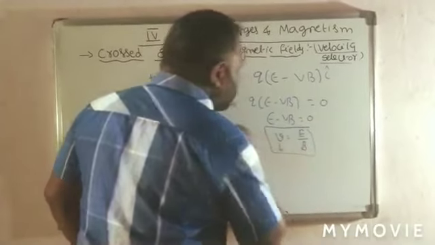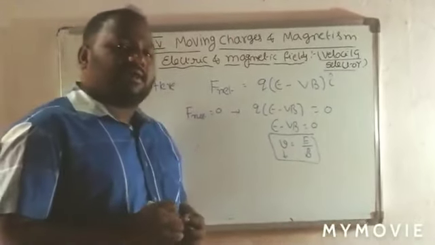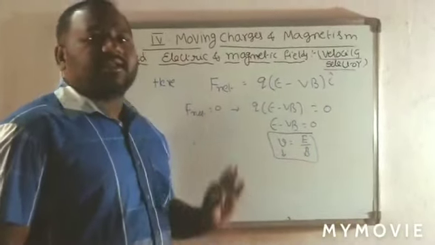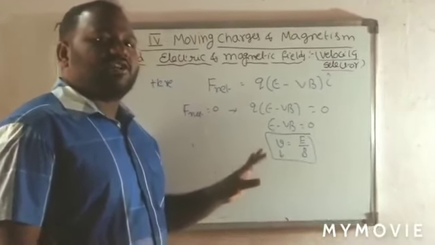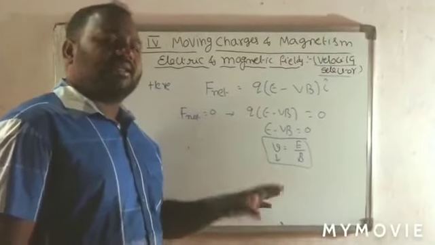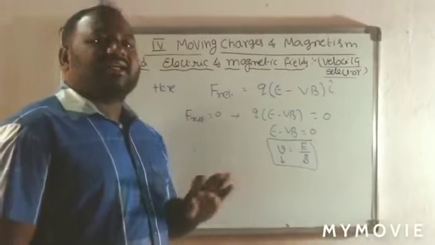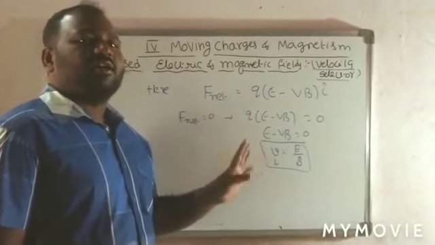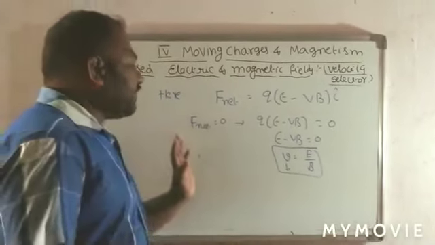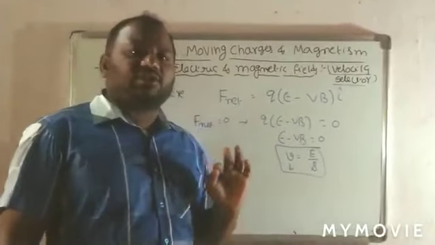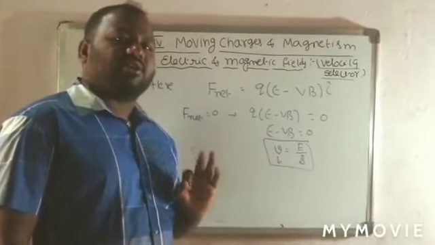So what about this one? This is known as velocity. If the velocity of a charged particle is equal to E by B, then the net force acting on the charged particle is 0. When the net force acting on the charged particle is 0, the charged particle does not undergo any deflection. It is not affected by electric and magnetic fields, hence it moves along a constant direction. If the net force is not equal to 0, then what happens?